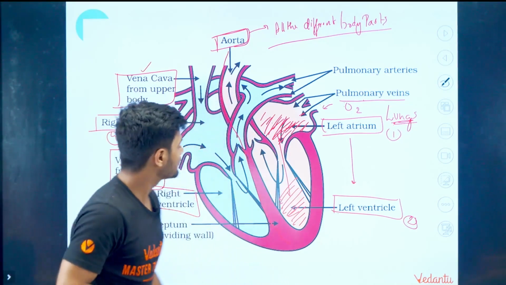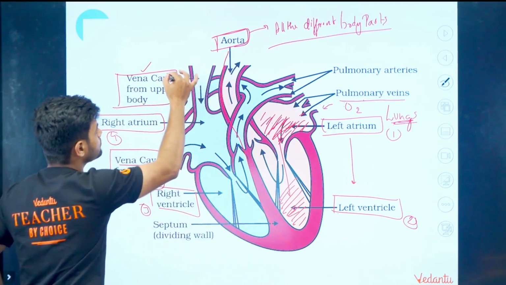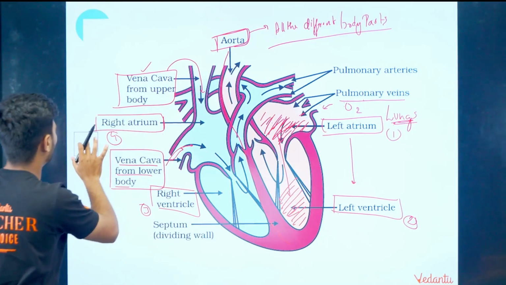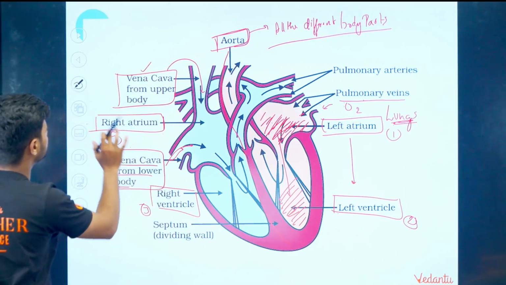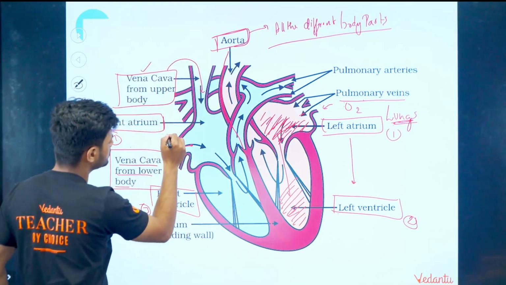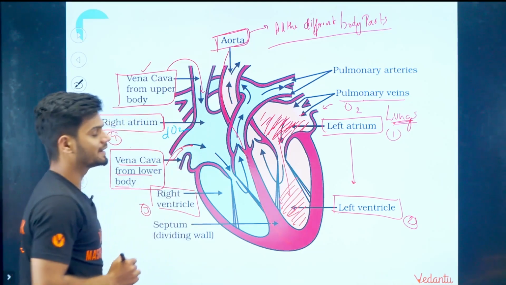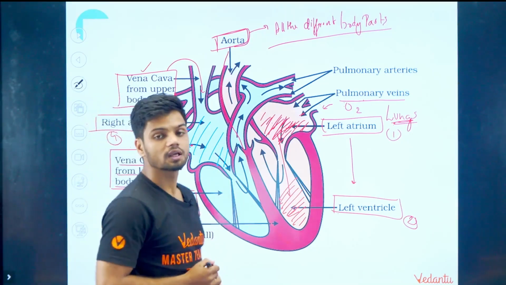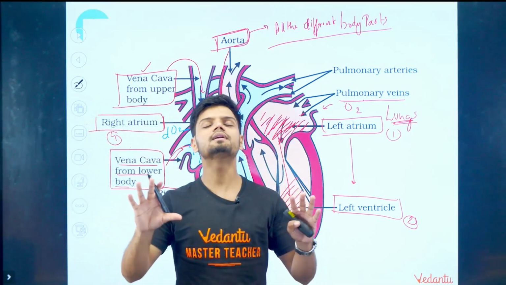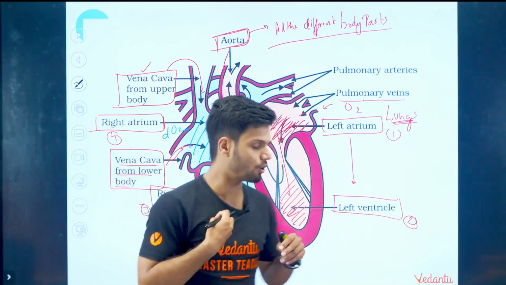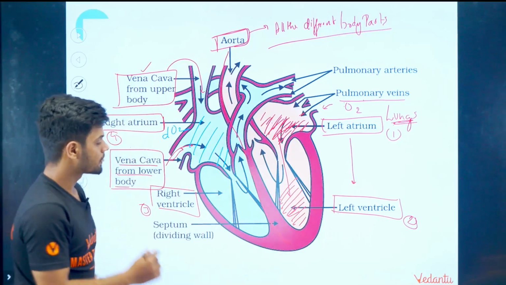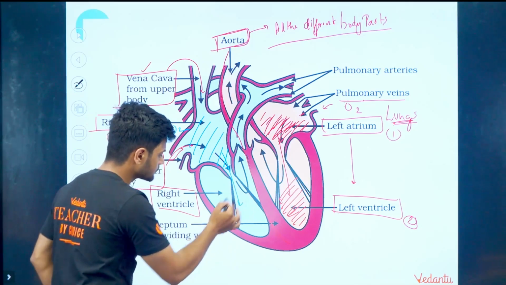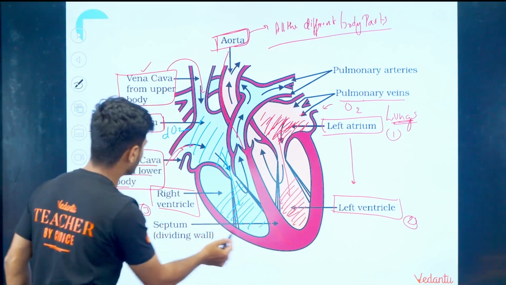Inferior vena cava. Now students, all the blood is entering from upper vena cava here, lower vena cava here to the right atrium. So all the deoxygenated blood is entering now. All the deoxygenated blood is entering into the right atrium. So again, if the right atrium is receiving the blood, it will completely relax and receive the blood. So all the blood is in the right atrium now. Now the right atrium will completely contract and all the blood will enter into the right ventricle, from right atrium